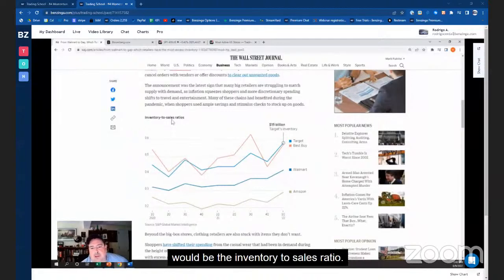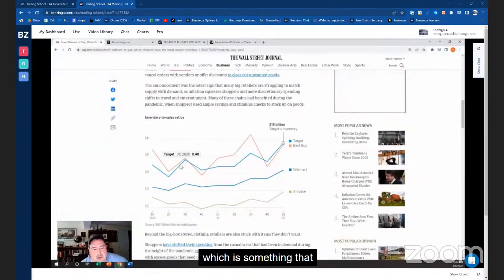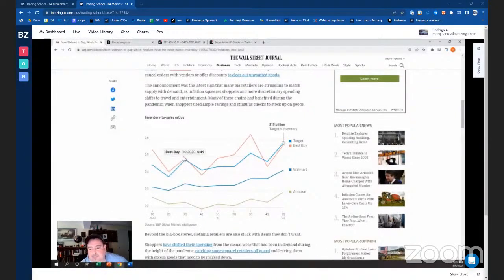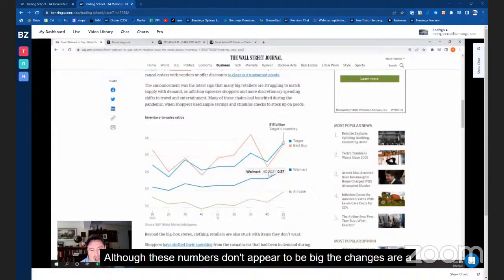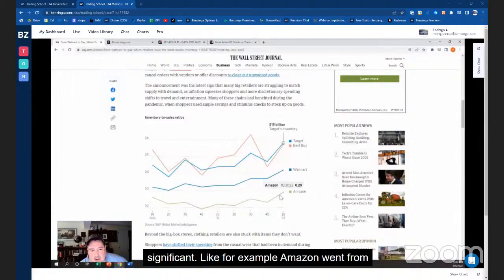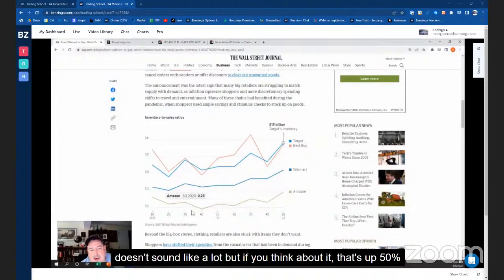So this would be the inventory to sales ratio, which is something that fundamental analysts look at. So we can see that although these numbers don't appear to be big, the changes are significant. For example, Amazon went from 0.2 to 0.3. It doesn't sound like a lot, but if you think about